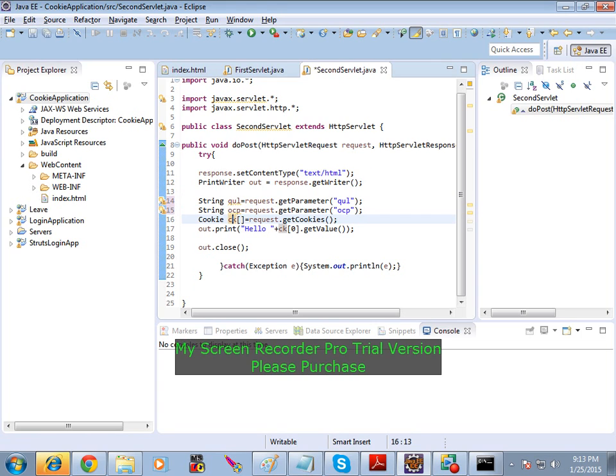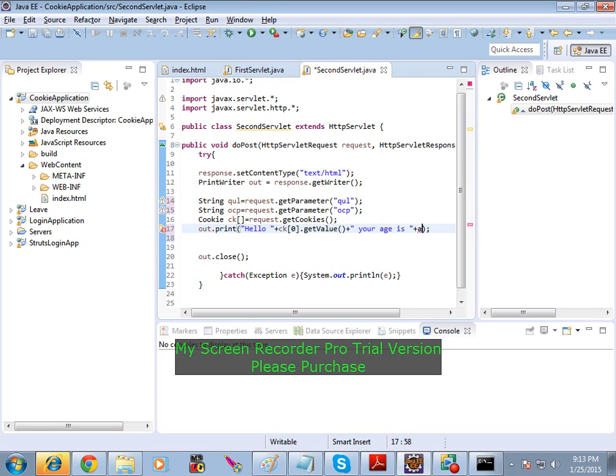So cookies we have to get it. How many cookies will be there? Two cookies are there. So if you want to write a for loop also you can write, or directly you can use getValue, right? And you can say your age is, plus we haven't got the value, right?